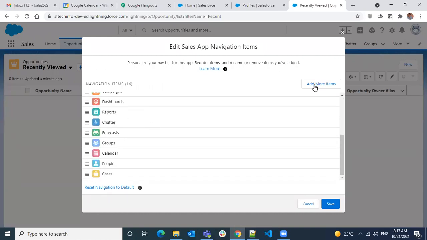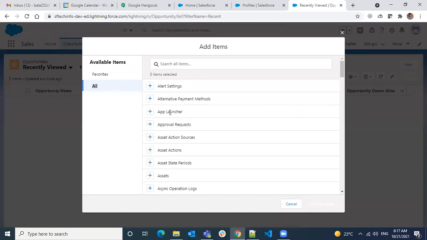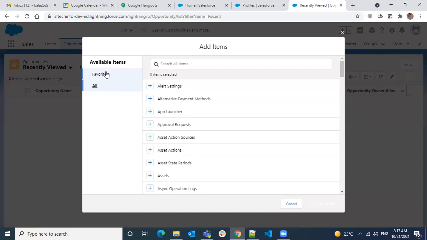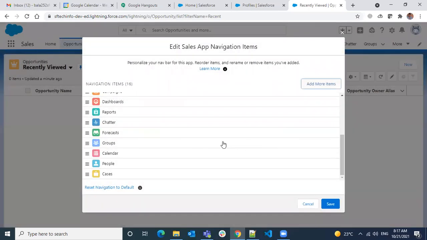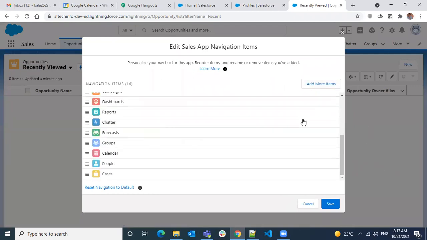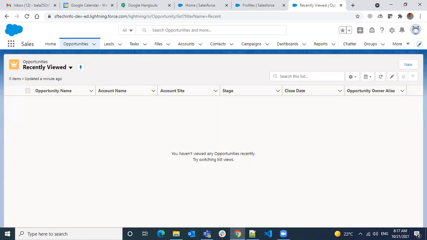If you want to add more items, you can look at all of them and use the plus symbol to add to your navigation. Okay, that's how you can do it. Reordering or adding more things you can do here with the pencil. Okay.